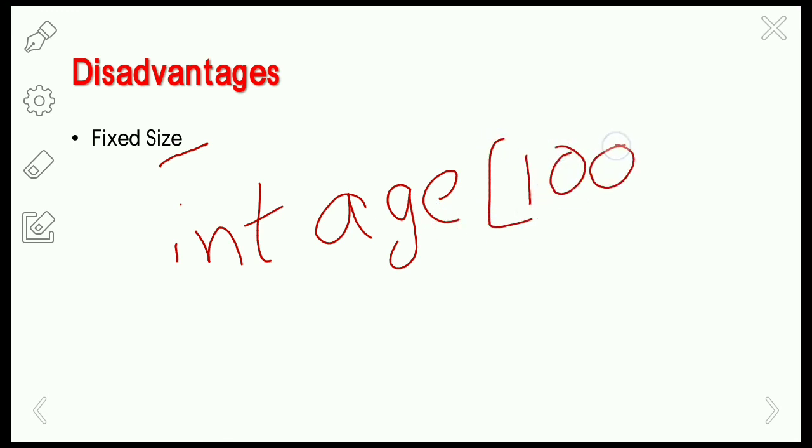This is the array size, and it is fixed throughout the program and cannot be changed. If you declare a particular array like this, then the memory will be divided into 100 locations for storing the ages of 100 persons, and this won't change.